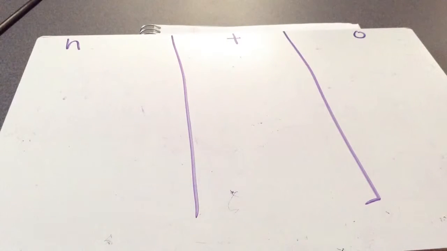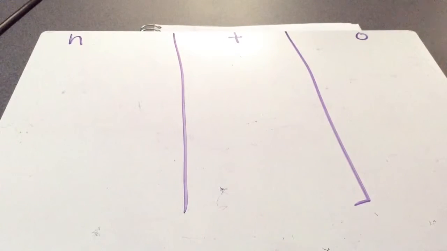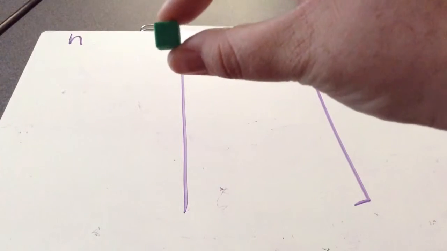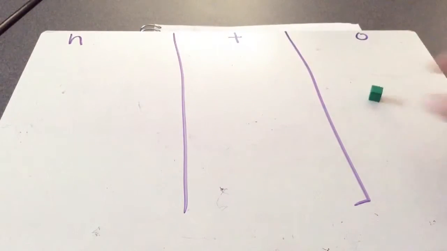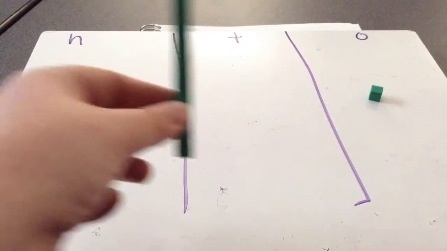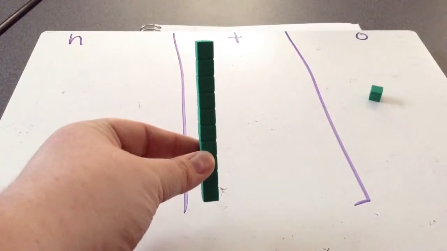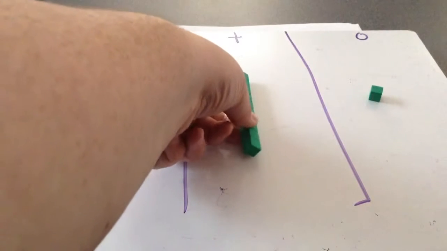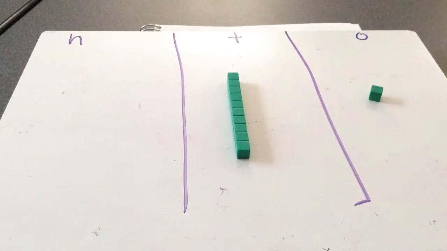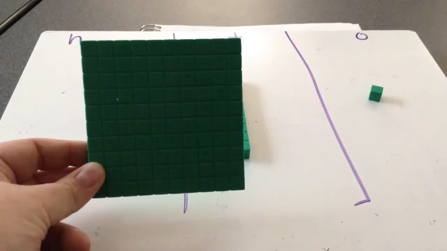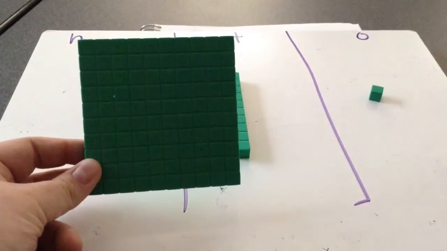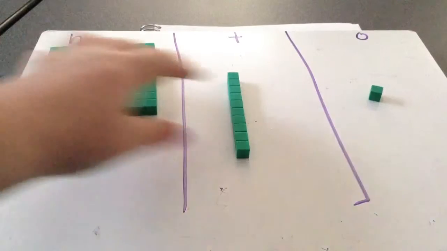Now we need to remember that this unit represents 1, and these longs represent 10 units, and they are equal to 10 units. And this flat represents 10 longs or 100 units. So in this word problem,